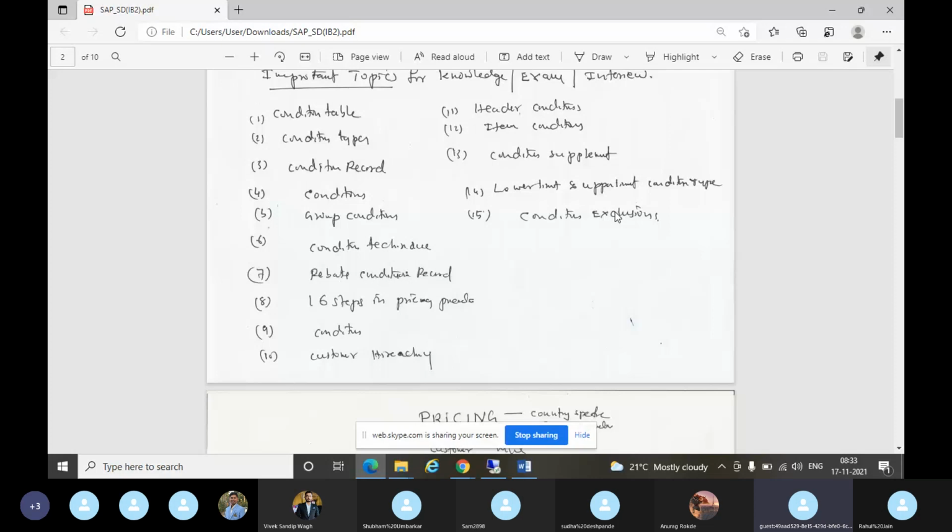That means already you have some 2%, 4% discount. Suddenly year end company announces, if you buy this material, I'll give 10% discount. So already is having 2%, 4%. So they're giving 10% discount, means system will exclude 2 and 4. System will take the best among that. What is that? That is condition exclusion. Okay, that we'll see now.